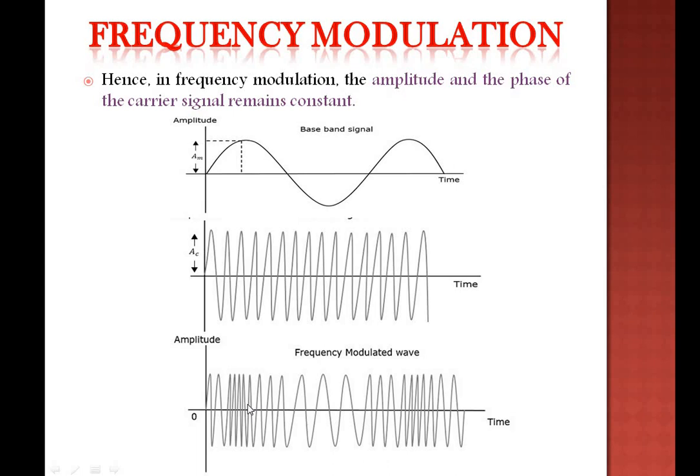How will you know the frequency is increasing? The number of pulses will be more, because it completely depends on the time period, and you have to remember the time period formula T equals 1 by F, and vice versa. When the time period is less, the frequency is more, and when the frequency is less, the time period will be more. So at the negative or minimum amplitude of your message signal, the carrier signal will vary where the frequency is less. How? Your time period is more. I hope you are clear with the frequency modulation diagram.